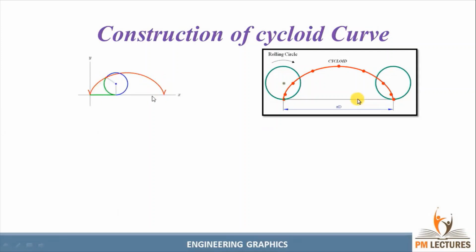In the question itself, we can understand: if the circle rolls along a straight line, it means it's a cycloid. From that only we can identify it's a cycloid problem. Okay, clear guys? If the words "a circle rolls along a straight line" are present in the question, you can blindly say it is a cycloid problem. Okay, see the question now.